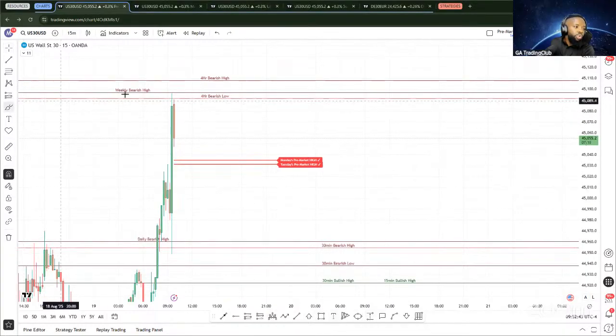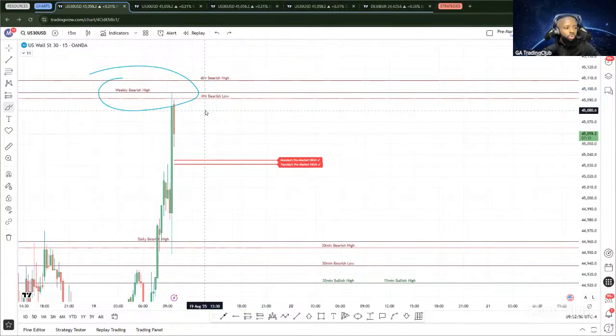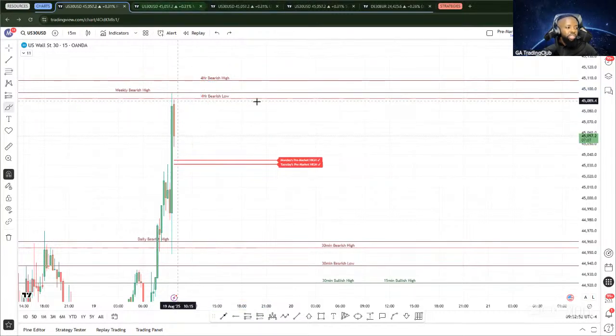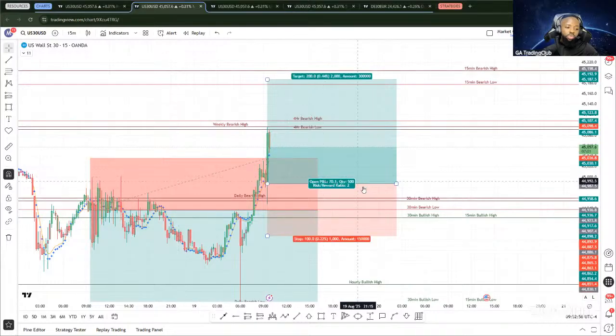So of course we do have this weekly bearish high, this 4 hour bearish high and low. So it might take a lot of buying pressure to break these order blocks right here. And currently the market open. So today's market open